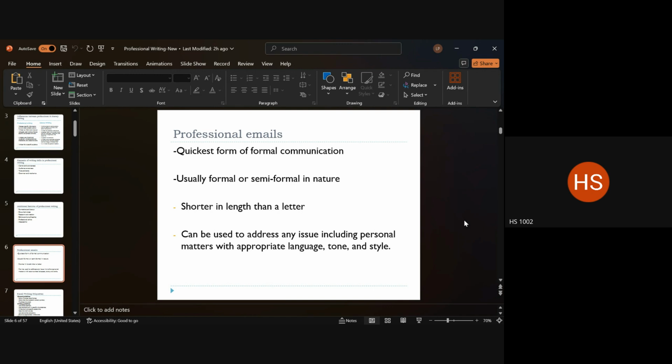Emails had basically replaced our traditional letters, right? Both formal and informal. These days, informal emails have been replaced with WhatsApp, right?